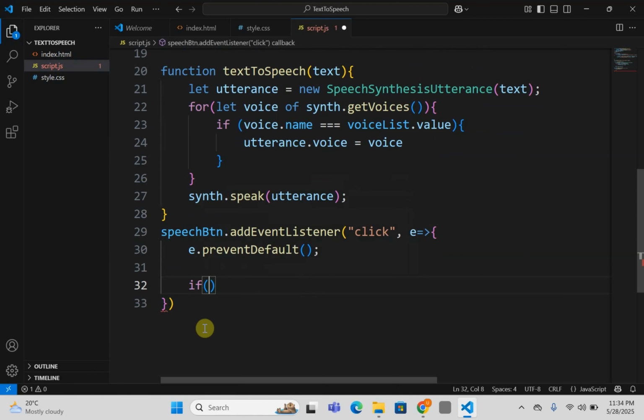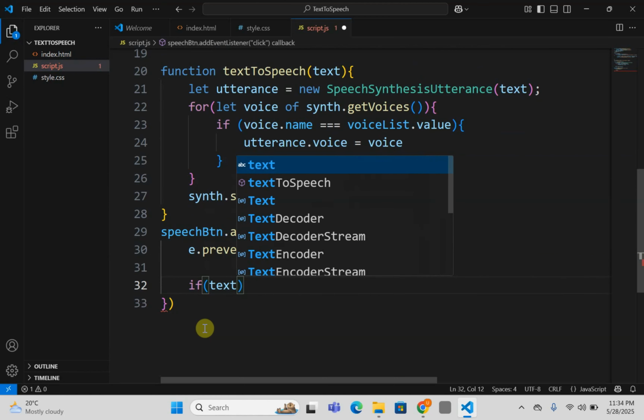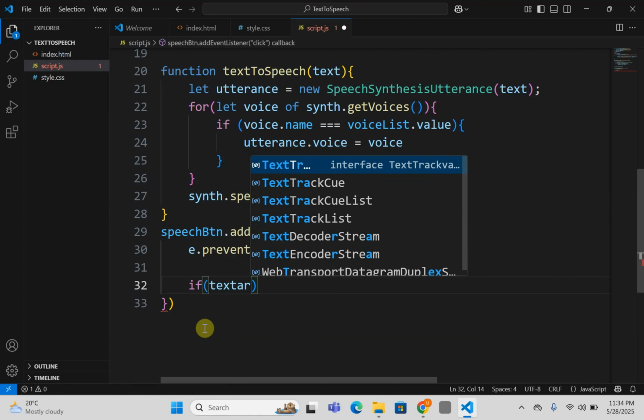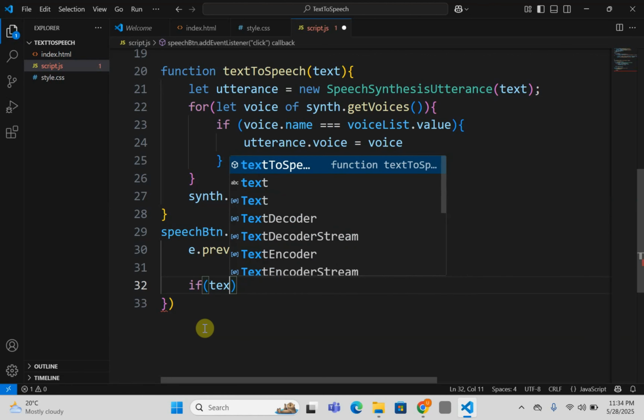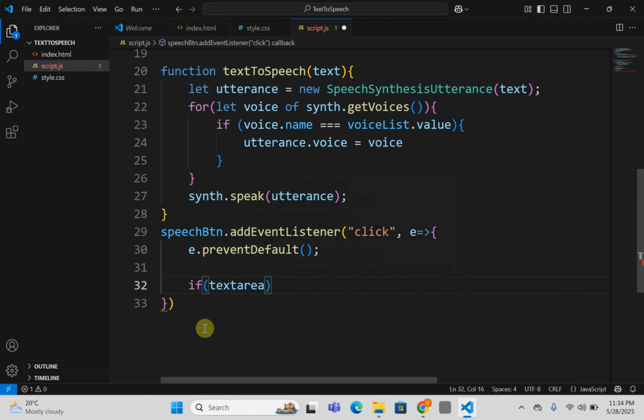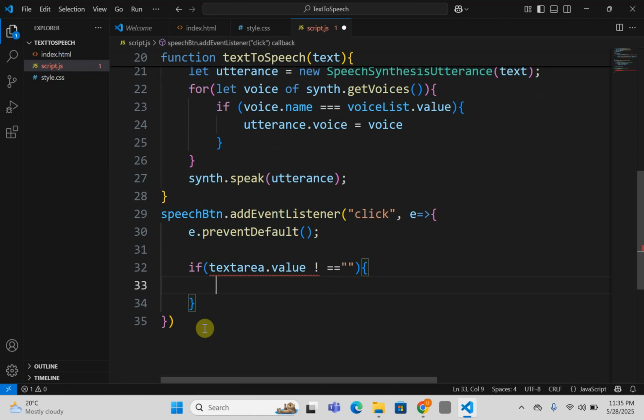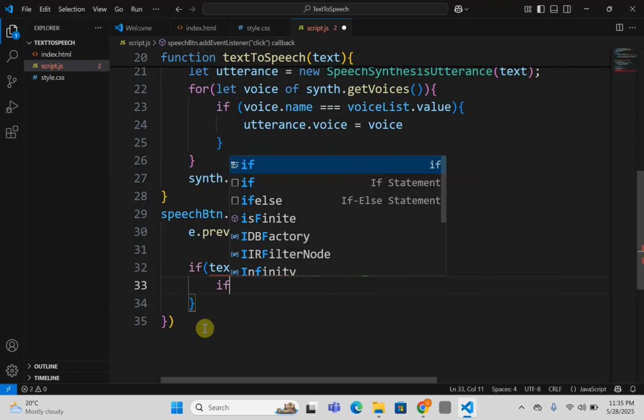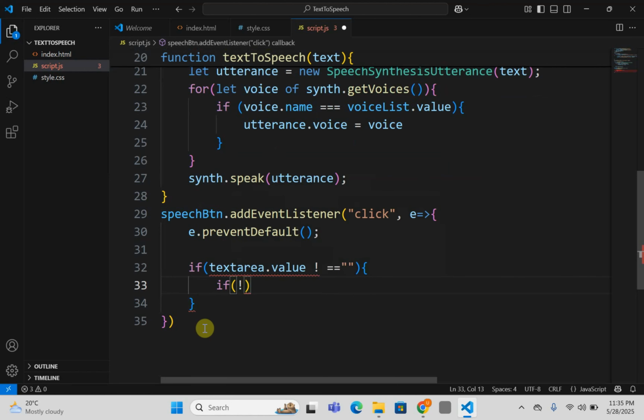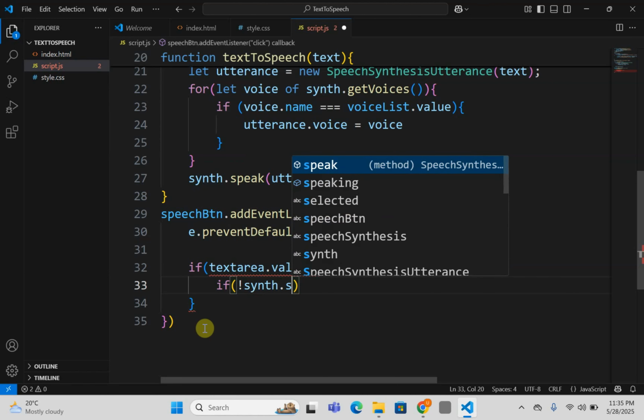if text array dot value empty. Then if not sent but speaking